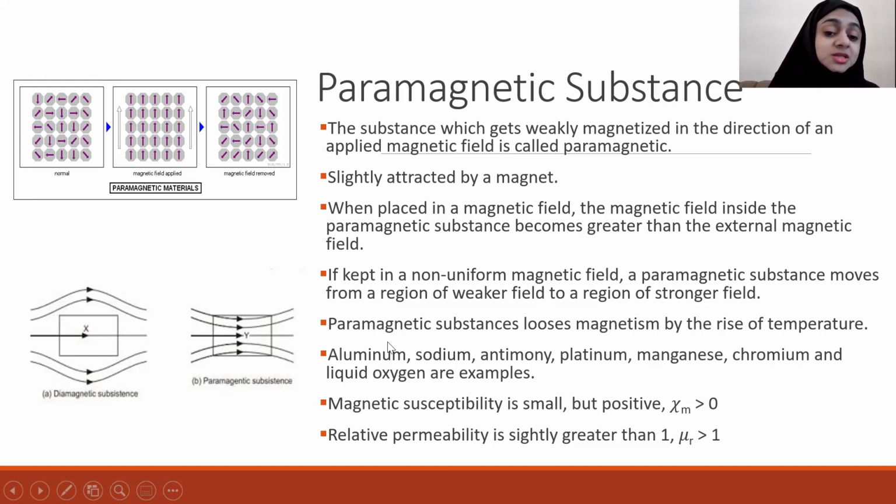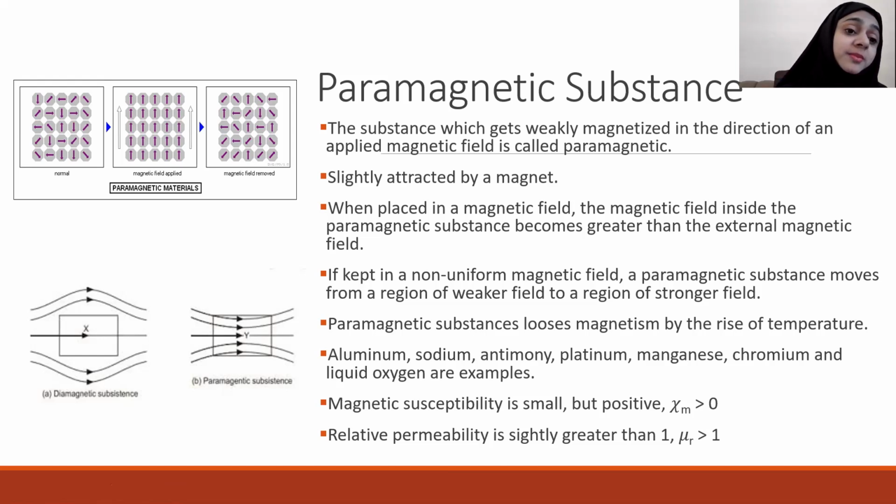But a paramagnetic substance loses magnetism with the rise of temperature. Can you guess why? At a higher temperature, what happens is the magnetic dipole moments, which are originally arranged in random directions, will remain like that. Here you can see a figure